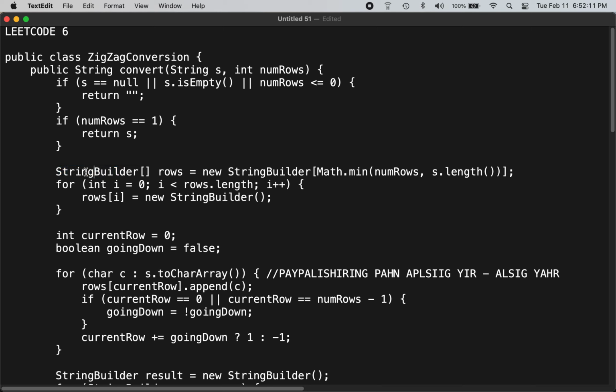So you build a row array of StringBuilders called rows, where the size could be the minimum of the number of rows or s.length. So what if,